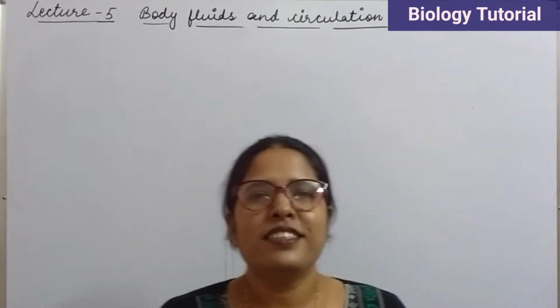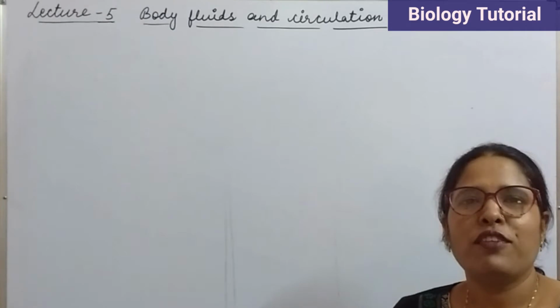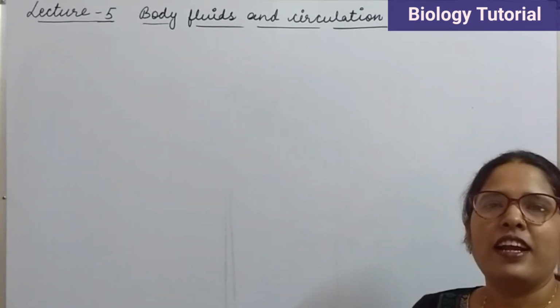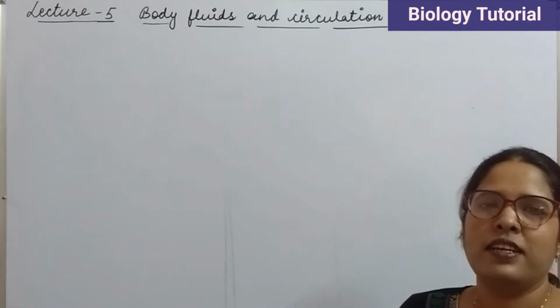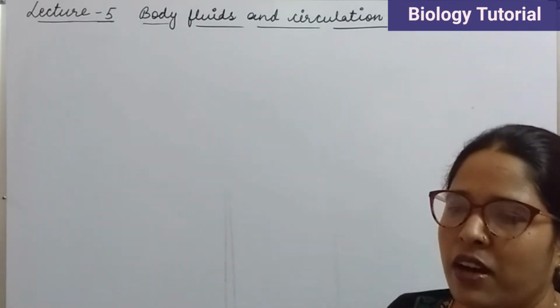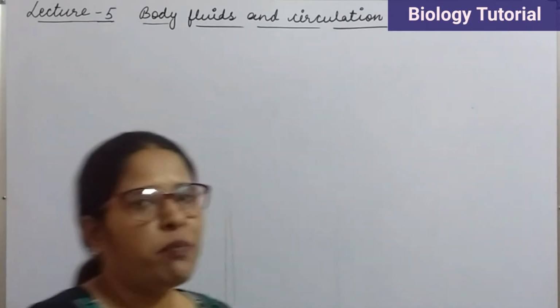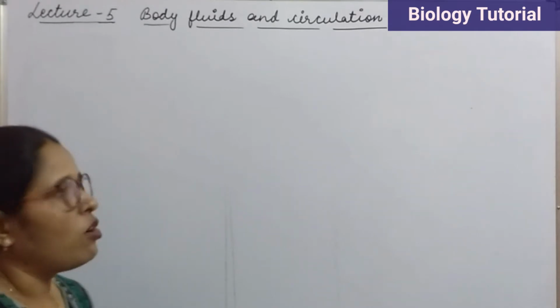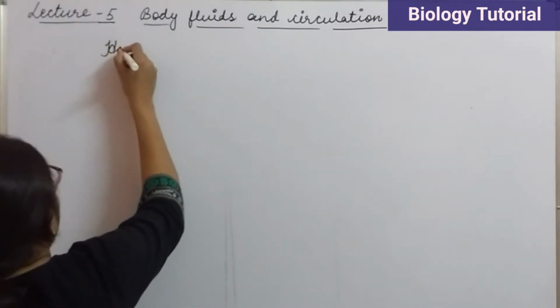Hello students, today we are here with our next lecture of body fluids and circulation, and in this lecture we will discuss the pigment present in RBCs, that is hemoglobin. The color of RBC is red due to the presence of a pigment. That pigment is called hemoglobin. So here we are going to discuss the